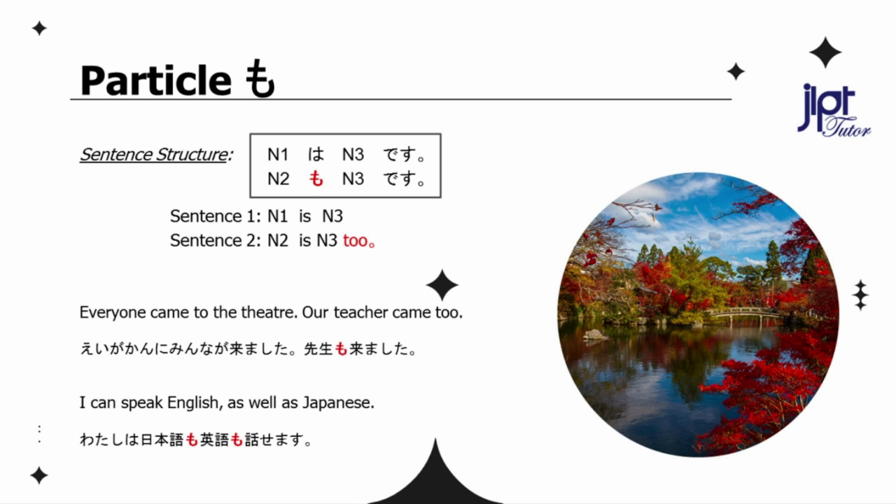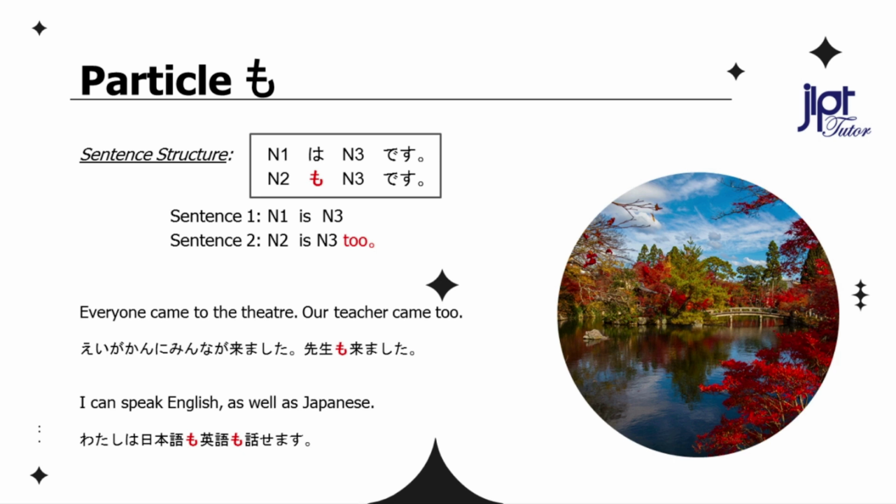Everyone came to the theater. Our teacher came too. 映画館にみんなが来ました。先生も来ました。I can speak English as well as Japanese. 私は日本語も英語も話せます。